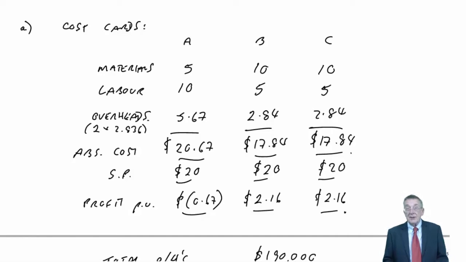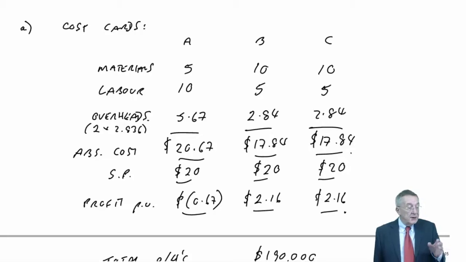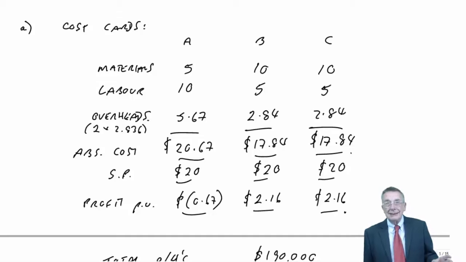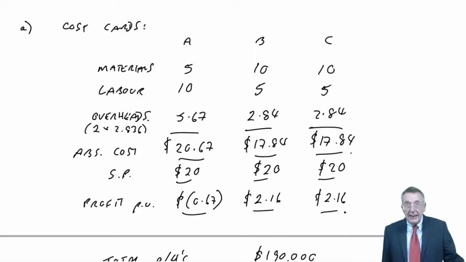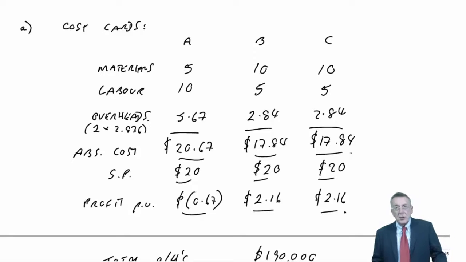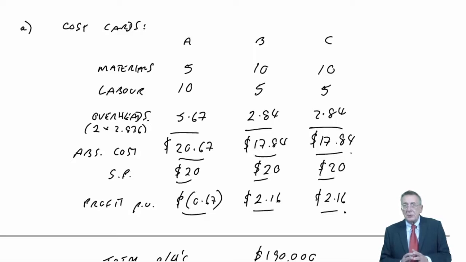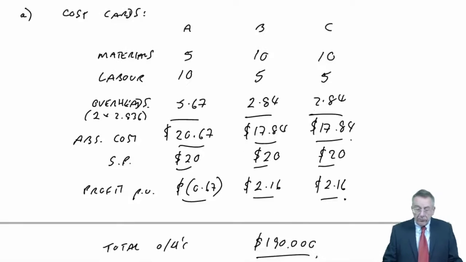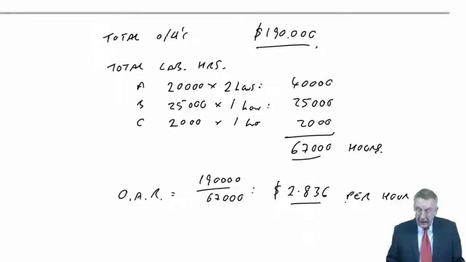Well, with activity-based costing, we're still going to absorb, we're still going to charge the overheads, but instead of just looking at them in total, we'll look at each separate overhead and absorb it, charge it in whatever seems the fairest, the most sensible way in each case. So let's go straight into part B,